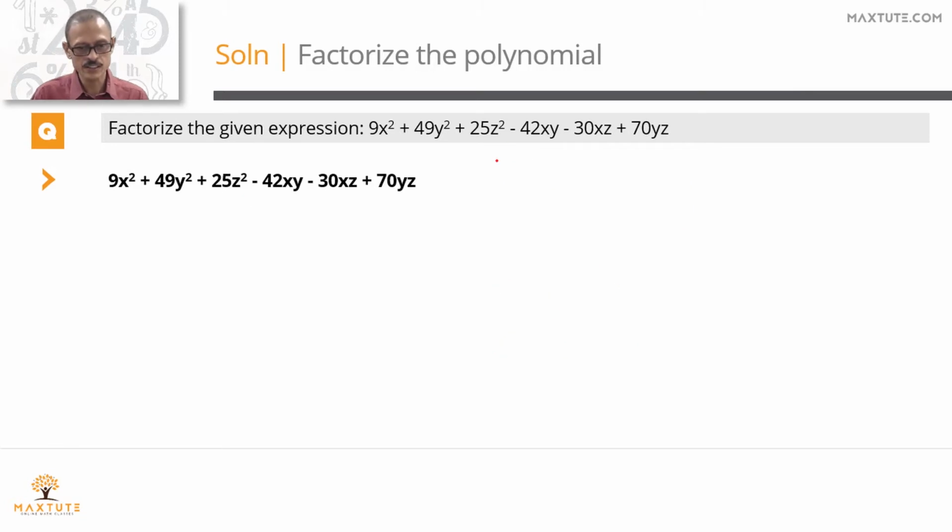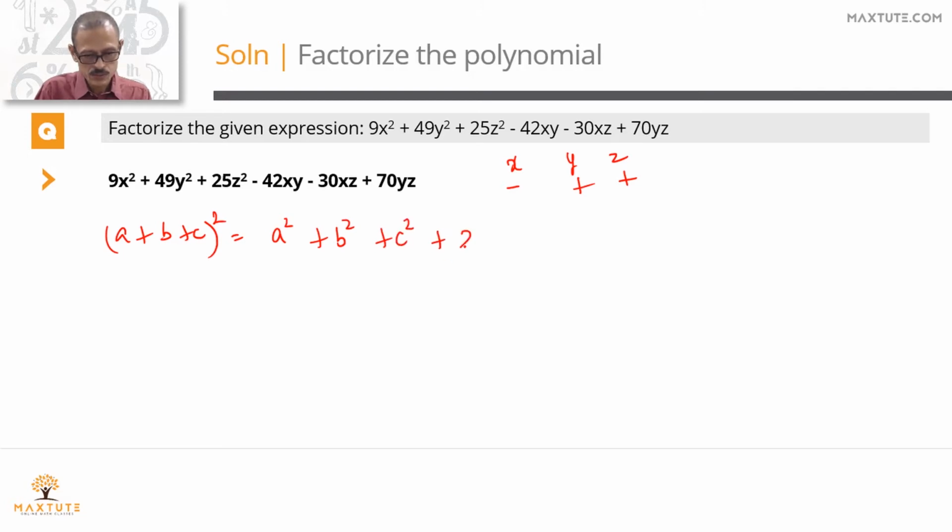So let's write that down here. Coefficient of x is negative for me. Y and z, I'm going with positive coefficients. This is obviously not a cubic term. We are looking at only squares. It is not of the form (a plus b) the whole square or (a minus b) the whole square. It's got way too many terms. It's got 6 terms. So it resembles (a plus b plus c) the whole square. So let's write down (a plus b plus c) the whole square to start with. The expansion is a square plus b square plus c square plus 2ab plus 2ac plus 2bc. This is the expansion of this.